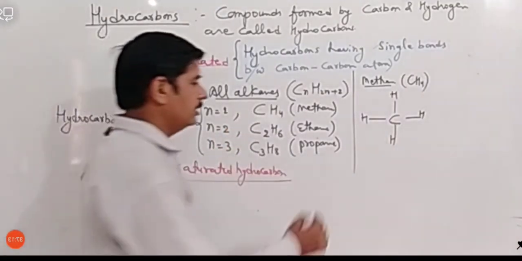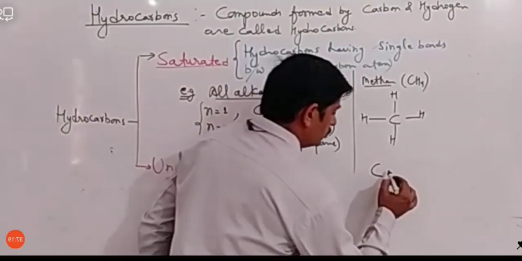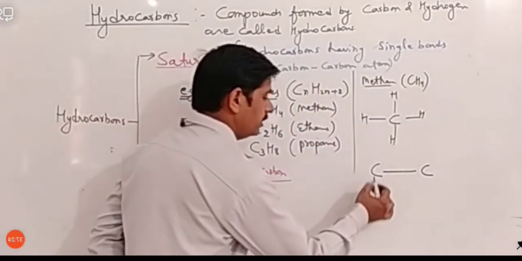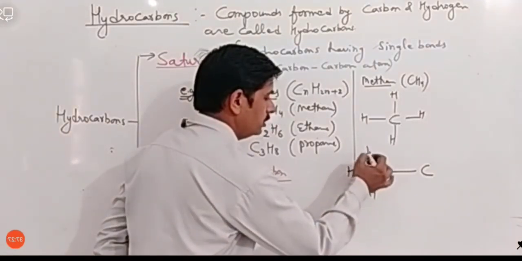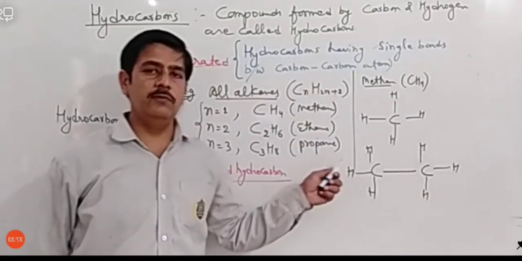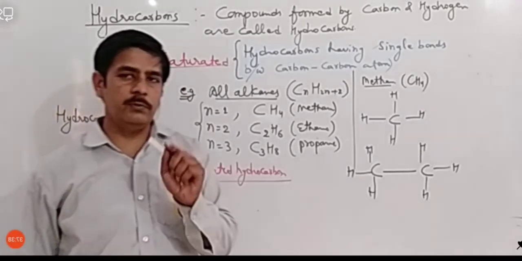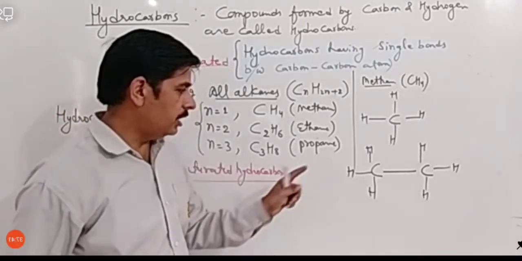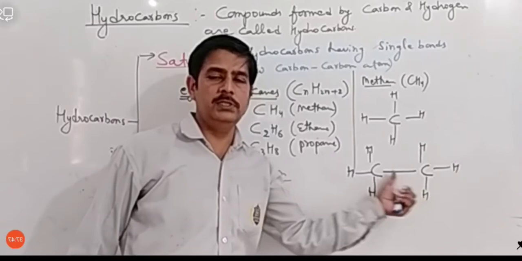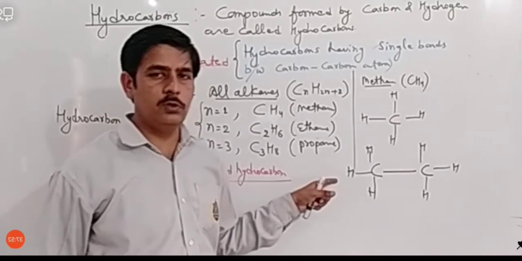Let's talk about ethane. In ethane there are 2 carbons and 6 hydrogens. These are the 2 carbons, and the 6 hydrogens will be arranged like this: 1, 2, 3, 4, 5 and 6. Now all carbons have 4 bonds. Just remember this, and you will never be wrong: carbon should have 4 valencies. If one valency is between 2 carbons, the rest of the valencies will be occupied by hydrogen. That's why I have drawn 3 hydrogens on both sides.